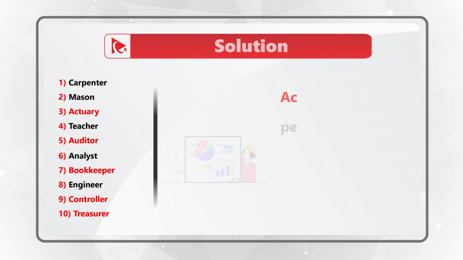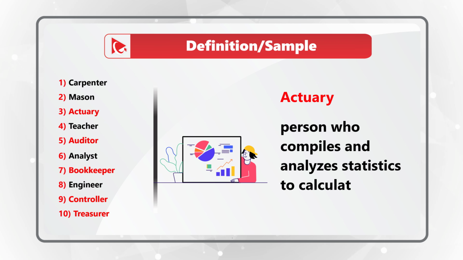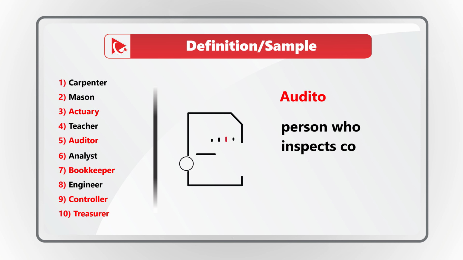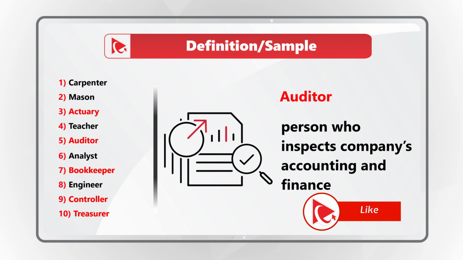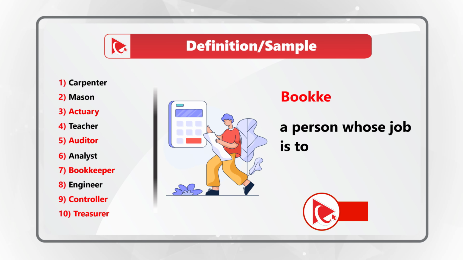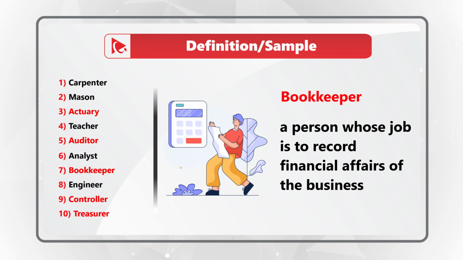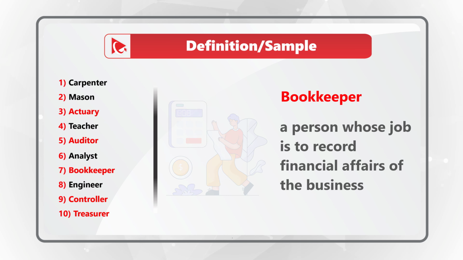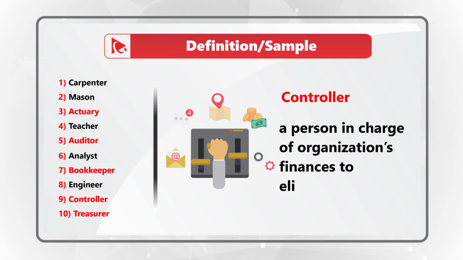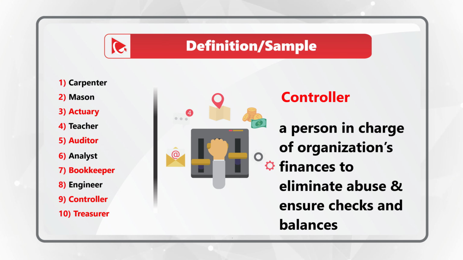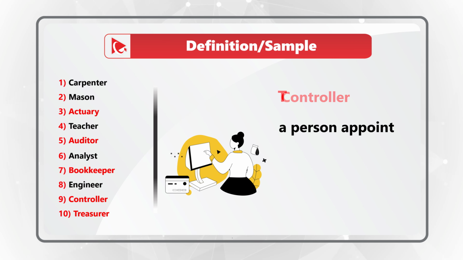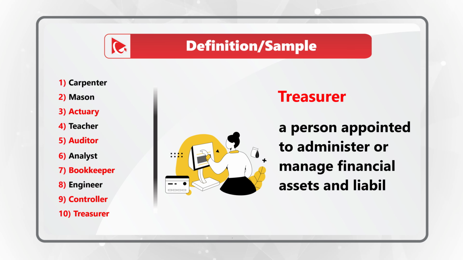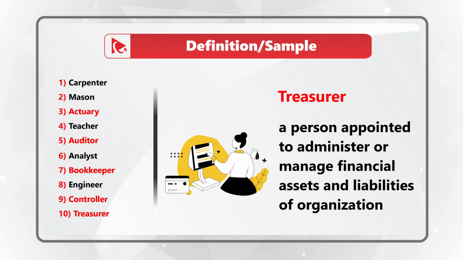For example, actuary is a person who compiles and analyzes statistics to calculate risks for the organization. Auditor is the person who inspects companies' accounting and finance. Bookkeeper is a person whose job is to record financial affairs of the business. Controller is the person in charge of organization's finances to eliminate abuse and ensure systems of checks and balances. And finally, the treasurer is the person who is appointed to administer or manage financial assets and liabilities of the